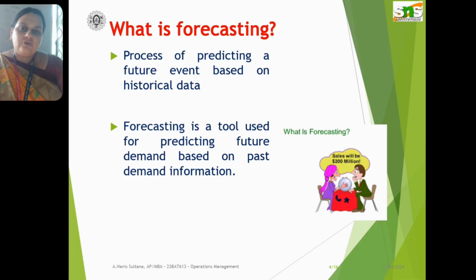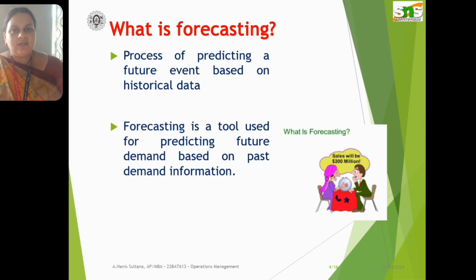How is forecasting relevant to operations management? Forecasting is a tool for predicting future demand based on past demand information. In production and planning, and in operations management, we are going to see how we have to work with various data. Only based on past information can we predict the future.